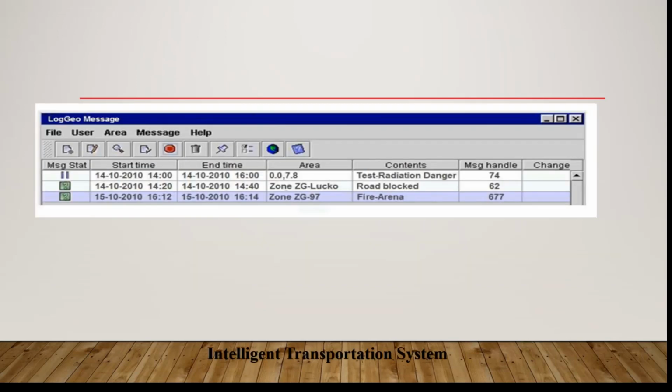So this is only just to show you that, for example, if we have different areas 1, 2, 3, according to the coordinates of 0, 0 and 7, 8. In that specific part, we had a radiation danger, and we have already sent those 74 messages to the user. And then we have a road blocked in that specific part, and so we already sent it